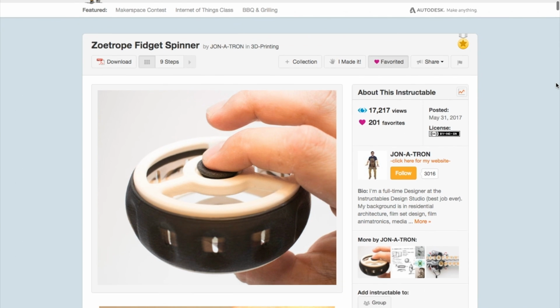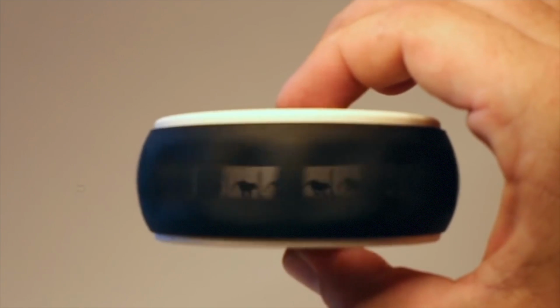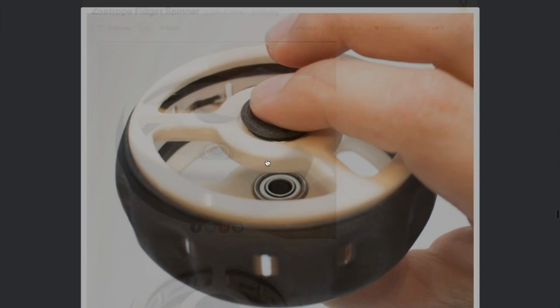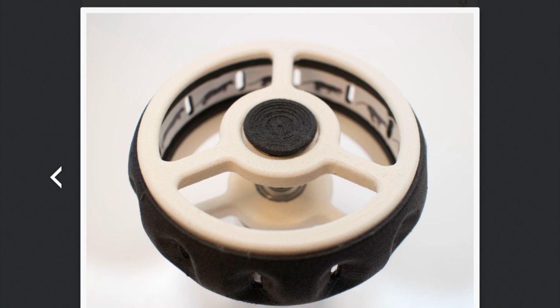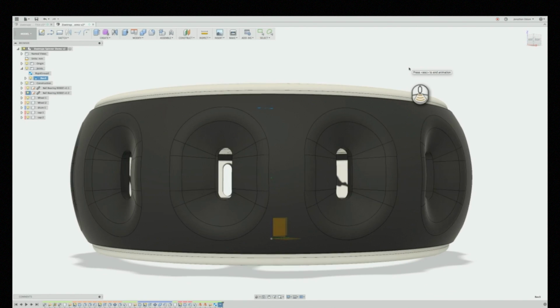There are some fun projects to share this week, so let's get into it, starting with the project of the week. This week, Jonathan Odom from Instructables, aka JON-A-TRON, found a way to turn a fidget spinner into a Zoetrope animation loop. It's essentially a 3D printed sandwich of two fidget spinners with a reel of animation placed on the inside. Gaps on the outside tread provide a strobing effect to trick your eye into perceiving the separate images as